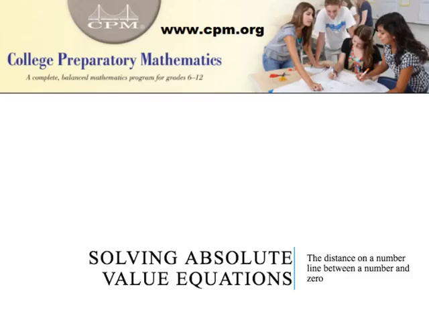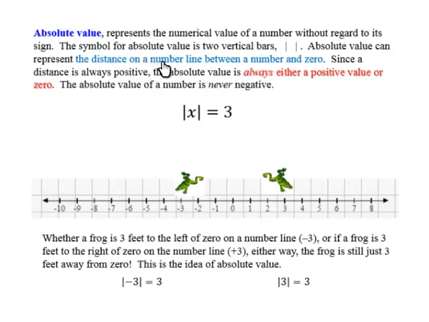In this video, we will look at solving absolute value equations. Our absolute value is the distance on a number line between a number and 0. It's always either a positive value or 0, and it can never be negative. So regardless of whether my frog is jumping 3 spaces to the left or 3 spaces to the right, he